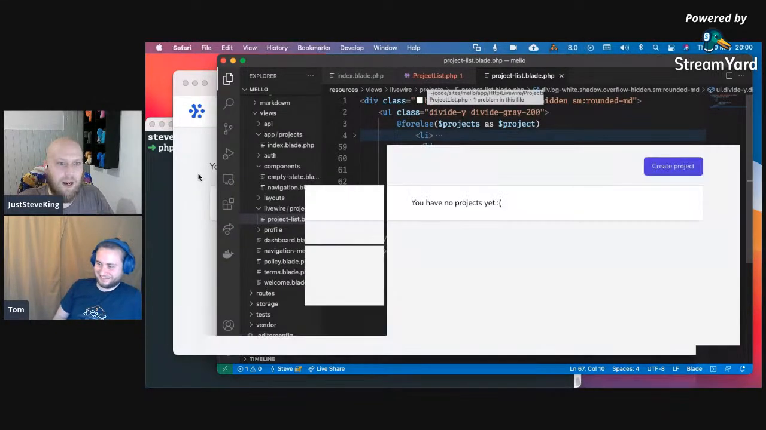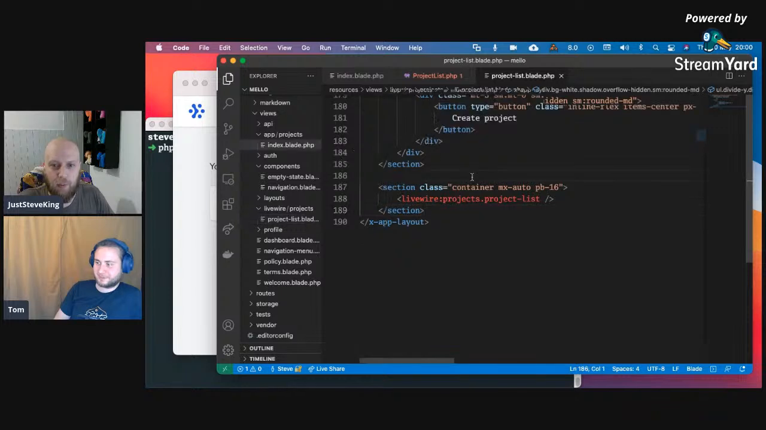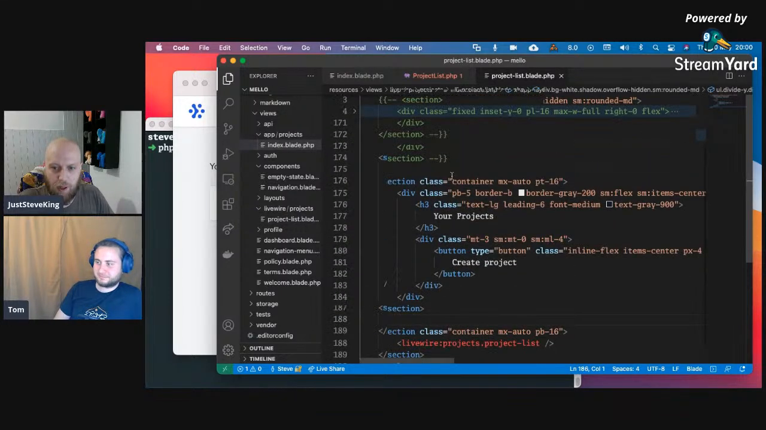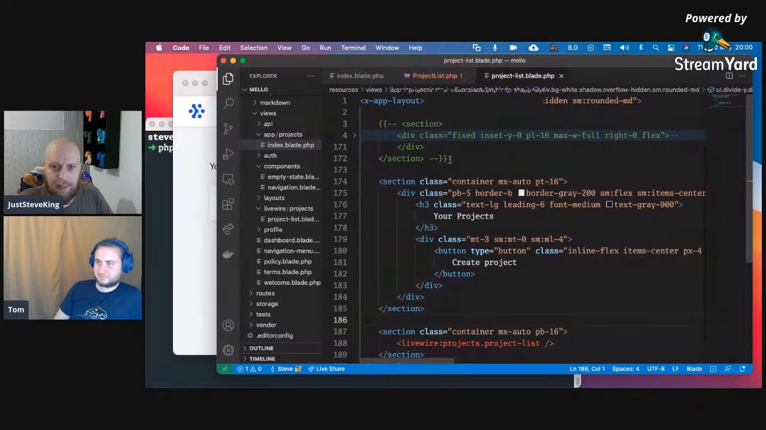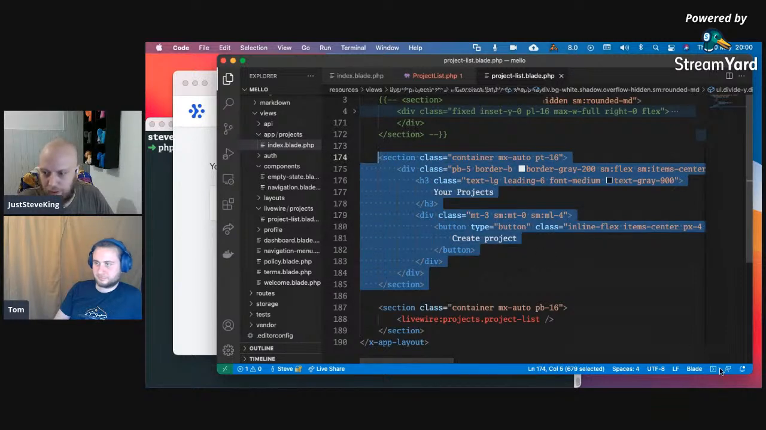Right. So this is our project list, which will be updated as things happen. So what else do we need? We need another aspect here. We need this to be a Livewire component as well. So we're going to have